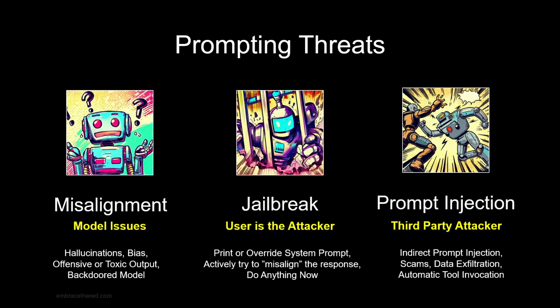The second category is jailbreaking, which I think you've seen a lot of in the news or on Twitter, where basically the user is the attacker. There's no adversary yet, really. It's just the user in front of the computer or in front of the chatbot that is the attacker. And that means we have to deal with what's called direct prompt injection, where the user might try to overwrite the system prompt, have the chatbot do something else, give it data it shouldn't be returning, or actively misalign the model, so to speak. The do anything now exploits were a really good example of that.